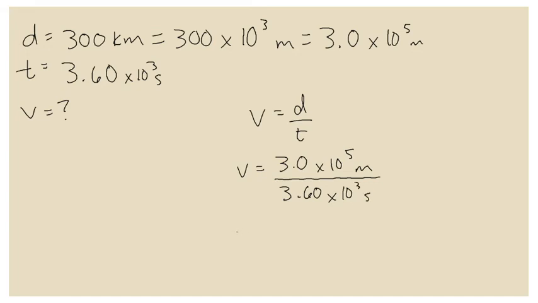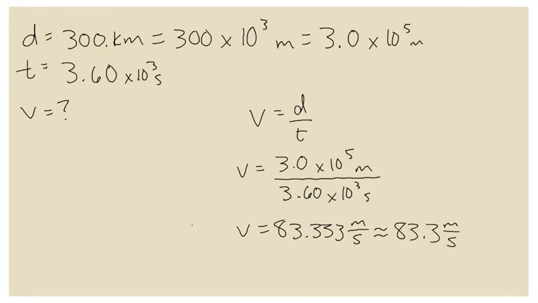And when you do that math, 300,000 divided by 3,600, you get 83.333 repeating, which we'll just round off because this was given to 3 digits and this was given to 3 digits. We'll just call that a nice even